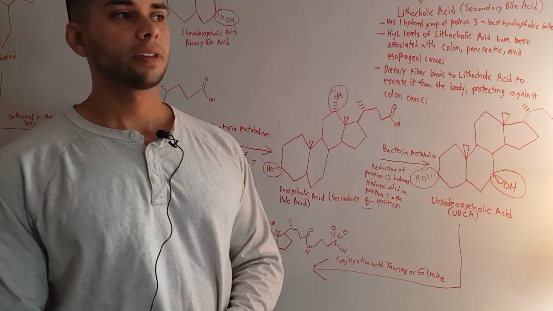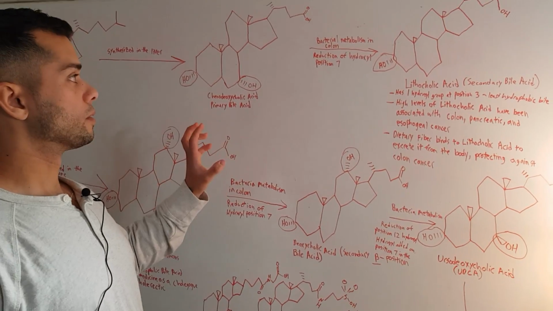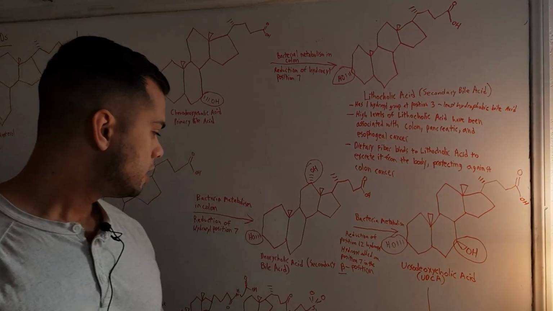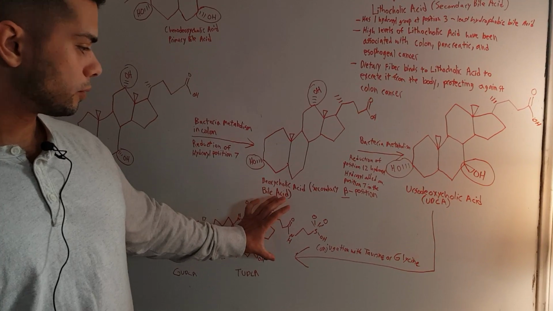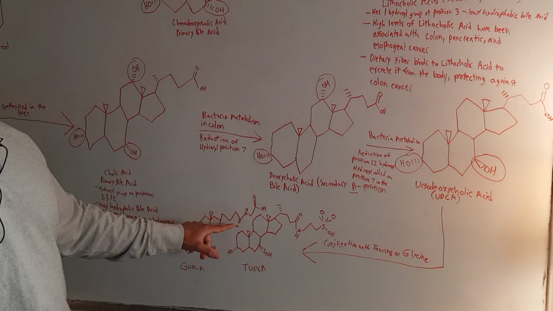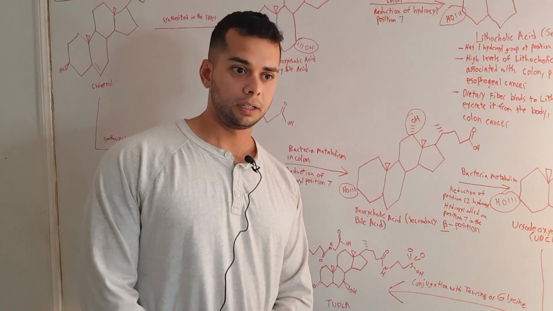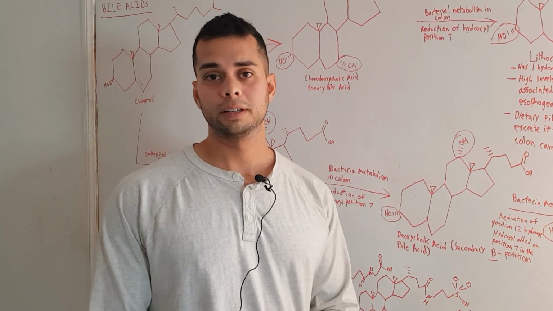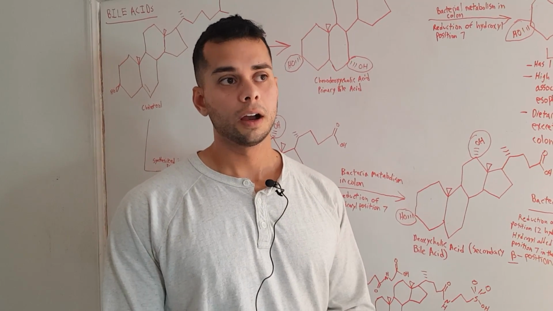It is important to note that any one of these bile acids can be conjugated with either taurine or glycine, which will change this part of the structure right here, either to this, with a sulfonic acid group with a taurine molecule attached to it, or this part of the molecule here with glycine attached to the bile acid. Conjugation with either taurine or glycine changes the bile acid into a bile salt. This enhances the bioavailability of the now bile salt and helps it to be able to digest fats, vitamins, proteins,